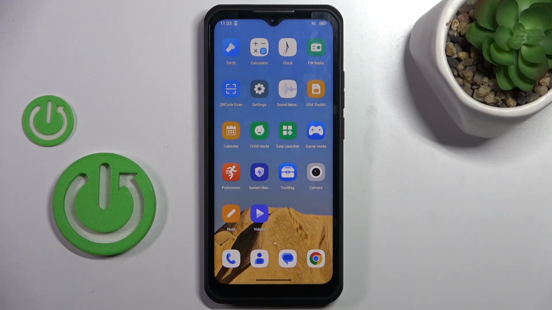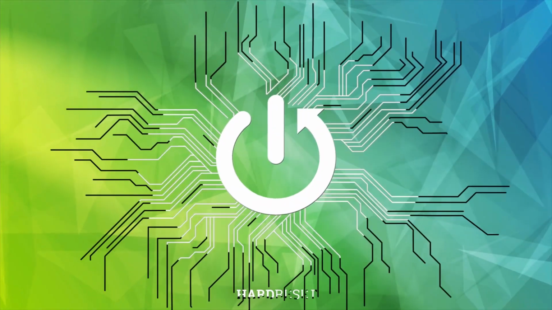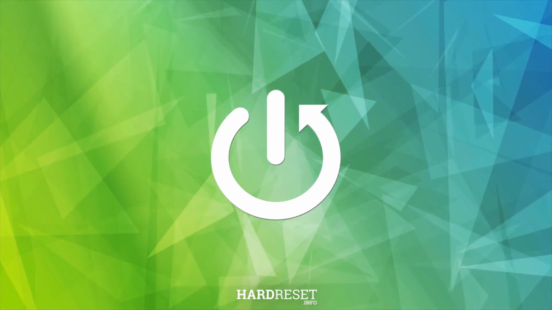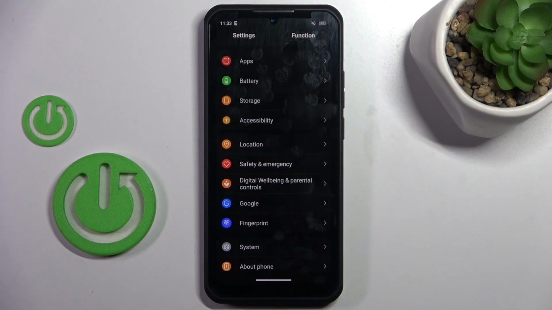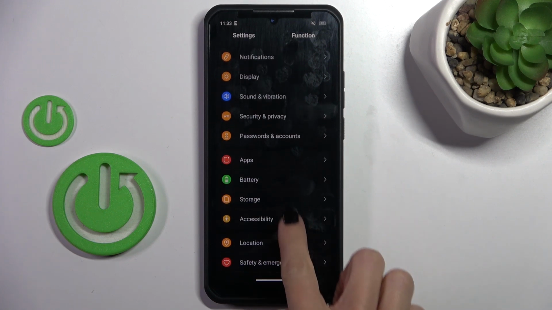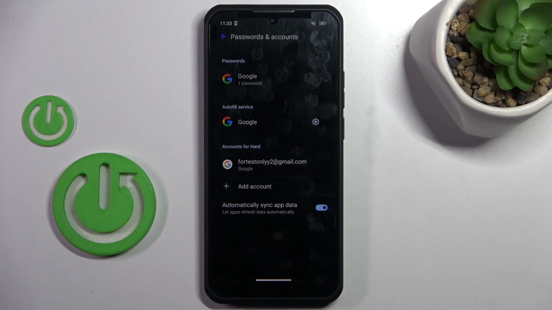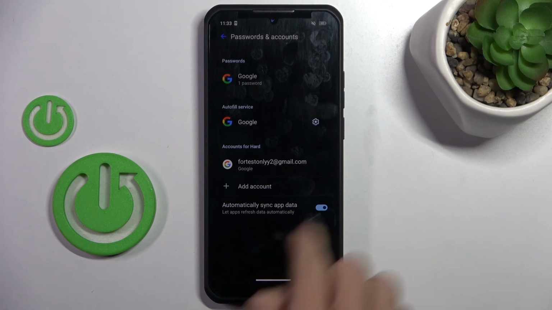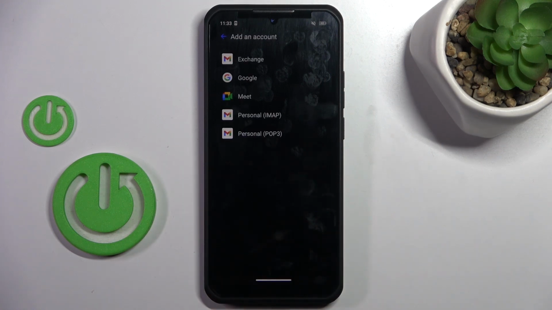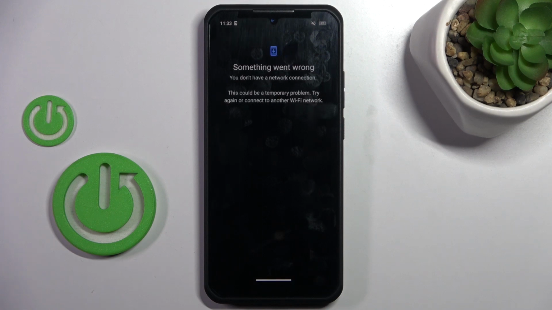Hi guys, in front of me is Oukitel WP50 and let me show you how to add or remove Google account on this device. First of all, enter the settings, then find and select passwords and accounts, and once you want to add your account, just mark plus icon, select Google, and here provide